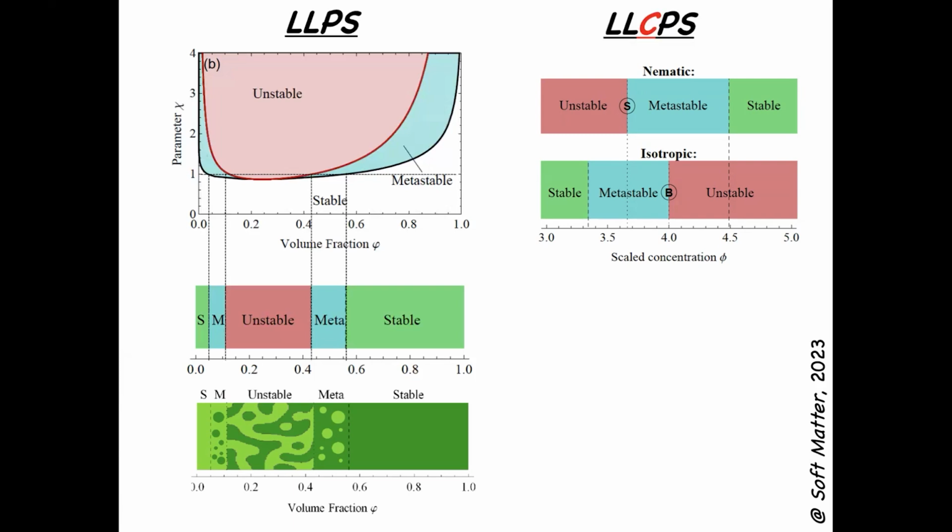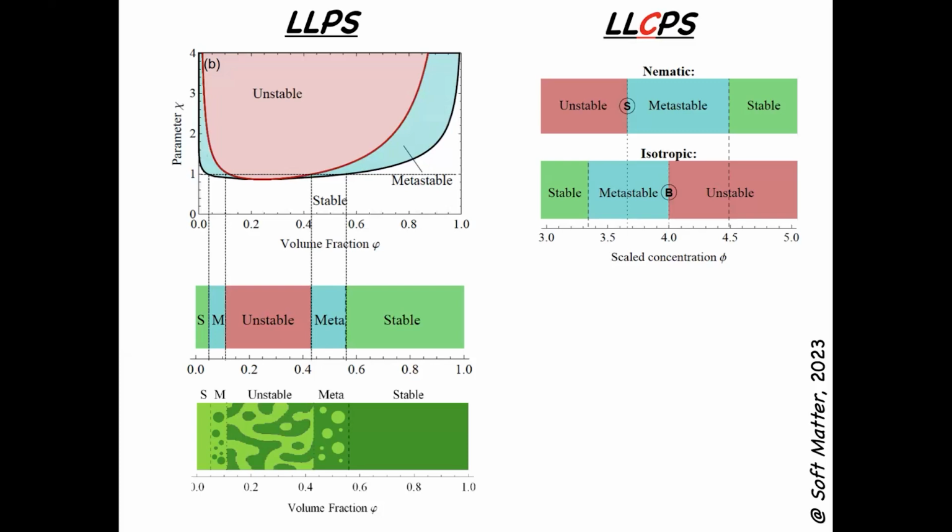And when I started to work on that, I was so confused, because how is it possible, if you're looking at thermodynamics, that it depends on the initial state? But the answer to that is that this is a free energy that you can express simply as a function of the concentration. But in this case, the free energy is a function of the concentration, but it's also a function of the order parameter. If you look at the expression on the right, you have a term which is a function of the order parameter, and the other terms are the terms that depend on the concentration. So you have two variables.